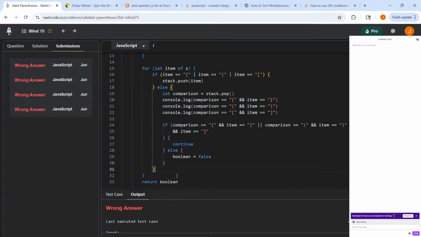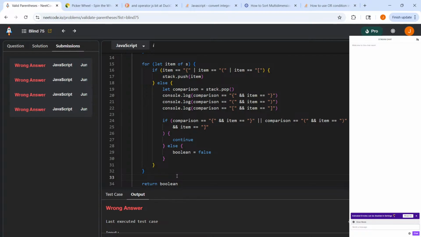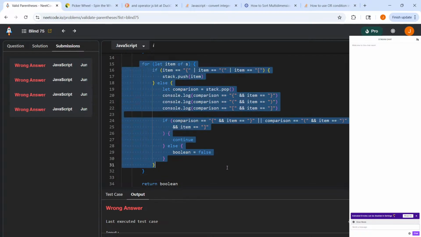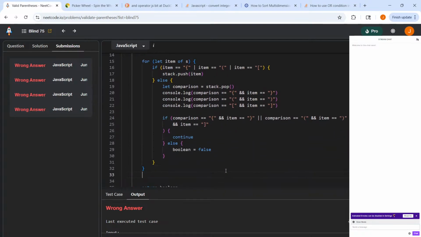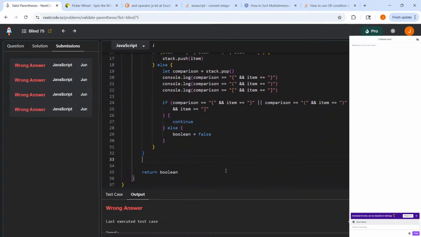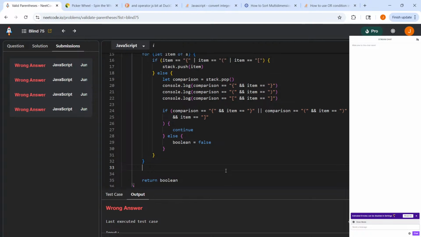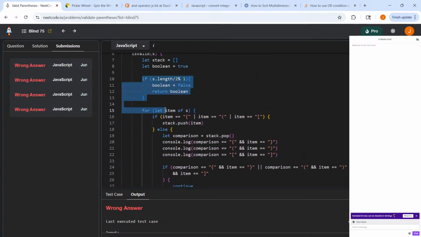So then what we need to do is make sure that the stack is empty at the end of the for loop, so that anything that got put into the stack is removed from the stack. So what we could do is an if block like this, or